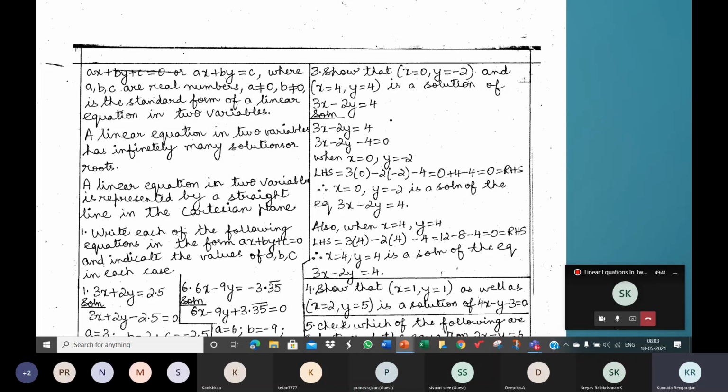That's all it is. There are so many points. Every point cannot satisfy this equation. Only the points that lie on the straight line will satisfy this equation. So this point 0, -2 will satisfy this equation if it lies on the graph of this equation. If it does not lie, then it will not satisfy. That doesn't mean that the point does not exist. A point like that exists, but does not lie on the straight line.